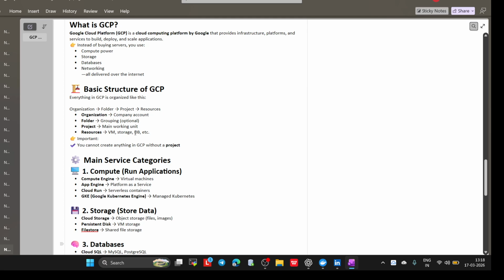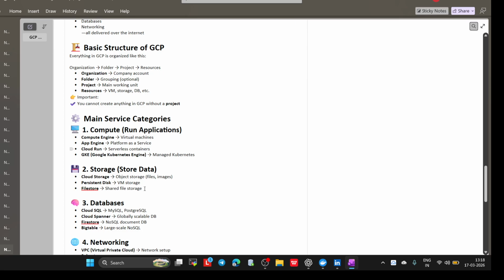First is compute. Compute is nothing but running machines. Compute Engine works as a virtual machine, which for AWS is EC2. App Engine means platform as a service, and Cloud Run means serverless containers. GKE is Google Kubernetes Engine, which manages Kubernetes services.